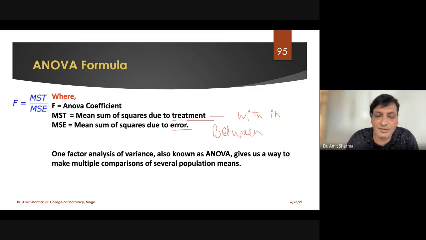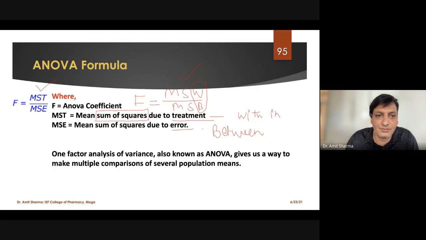Both are the same thing. So even you can say that the formula of ANOVA is MSW divided by MSB. We have just changed these two terms. F is equal to this. So you are going to find either this or that in the books. Both are the same, there is no difference. Clear? So how to find this sum of squares? This we have to calculate.